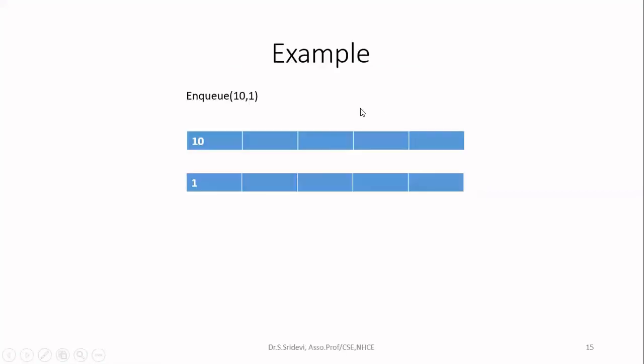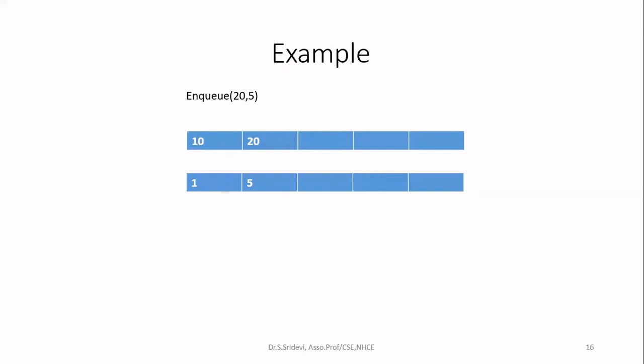This is using unordered array. When you want to implement by using this method, first let me consider the NQ. In case of NQ, first this is my first element. I am adding 10 and 1 in the respective queues. Next, I am getting the second element as 20 and 5. Here, this is unordered. Unordered means I'm not going to sort based upon the priority. Just I'm going to insert them in the order of arrival into the queue.